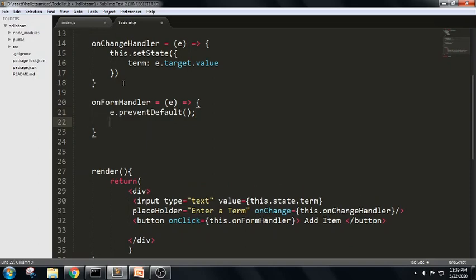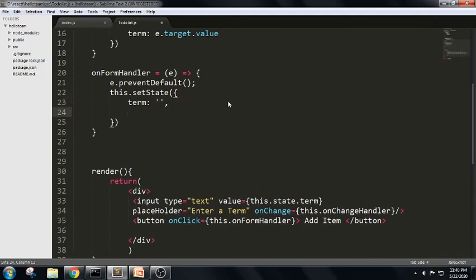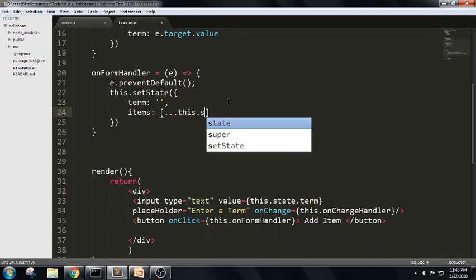Next, in this we are trying to change the state for it. So let me use this.setState. For the first one we take an empty string for the term. Next, for the items, whatever it is trying to update, it will use a destructuring assignment.